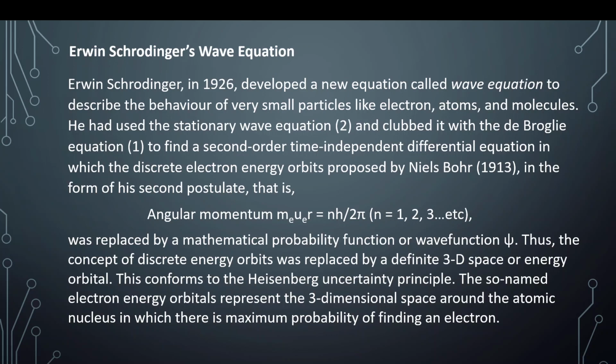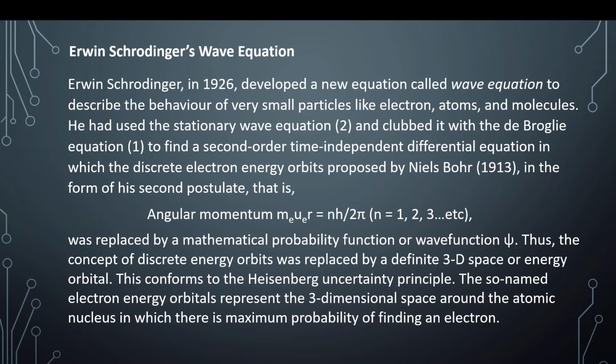Erwin Schrodinger's wave equation. Erwin Schrodinger in 1926 developed a new equation called the wave equation to describe the behavior of very small particles like electrons, atoms, molecules. He had used the stationary wave equation, equation number 2 noted below, and clubbed it with the de Broglie equation, equation 1 noted earlier, to find a second order time independent differential equation